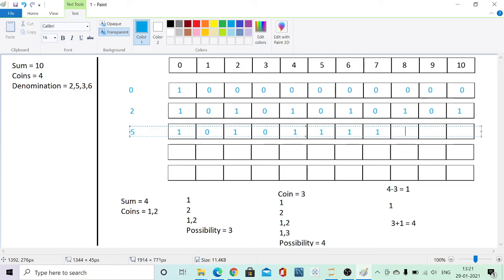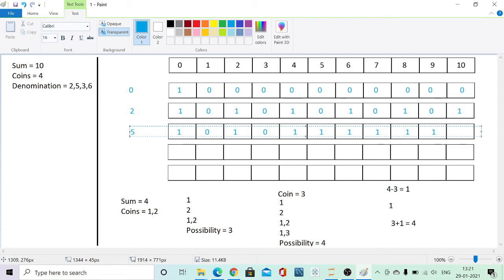So it is not adding any new possibility, so the possibility remains same, that is 1. Now to reach 9, if I can reach up to 4, there is a way to take a jump. So this 1 plus 0 will become 1. And if I have to reach 10, I have to reach this 5.